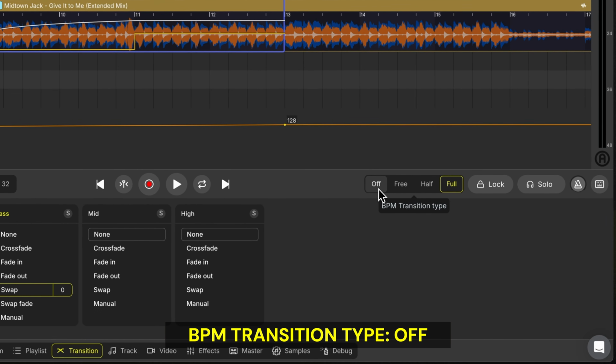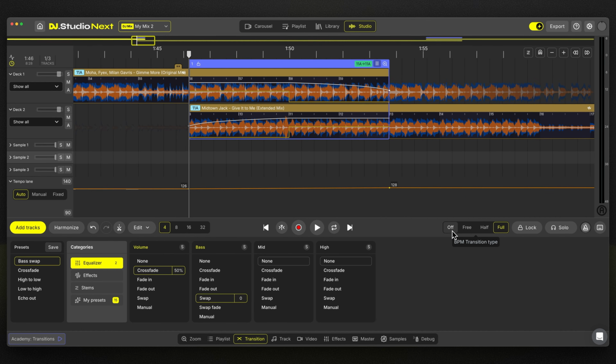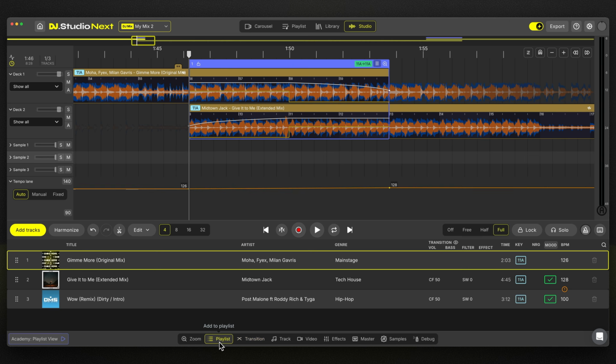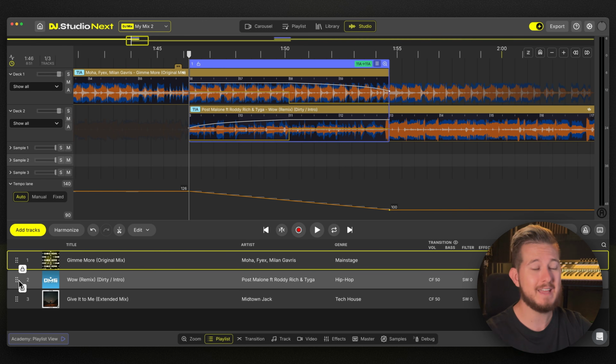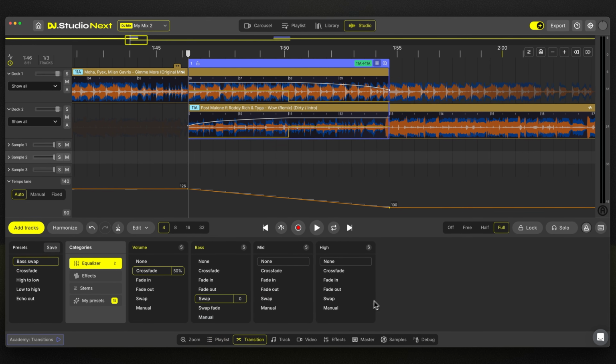For that, let's change our example song here. Instead of mixing from 126 to 128 BPM, I'd like to switch things up and add a song here at 100 BPM. Trying to beat match from 126 down to 100 beats per minute isn't going to sound great. The 100 BPM song will be sped up and sound kind of silly before being gradually slowed down. At the same time, the 126 BPM song will just sound way too slow and it's going to be a mess. So instead, let's set the BPM transition to off.